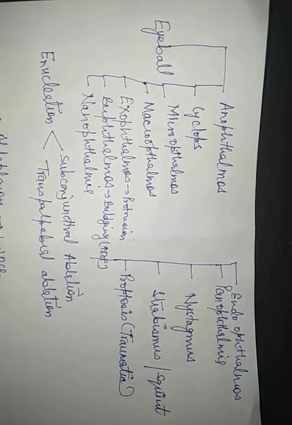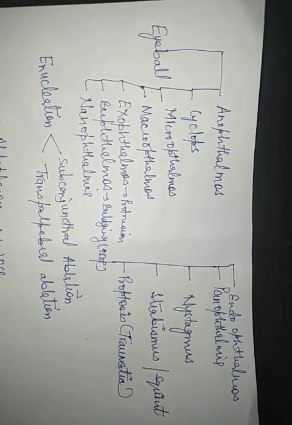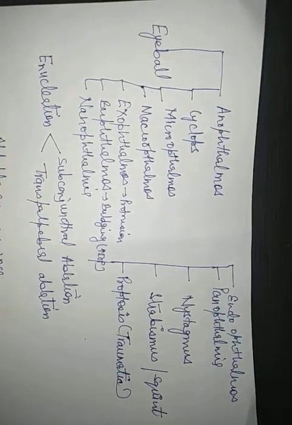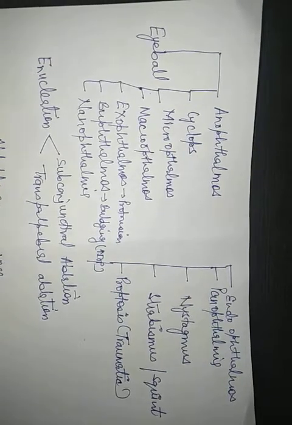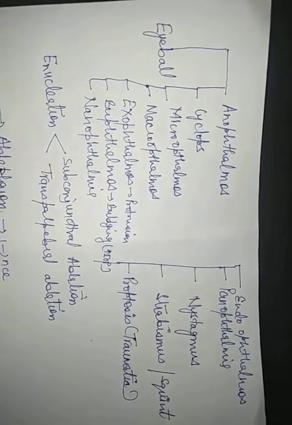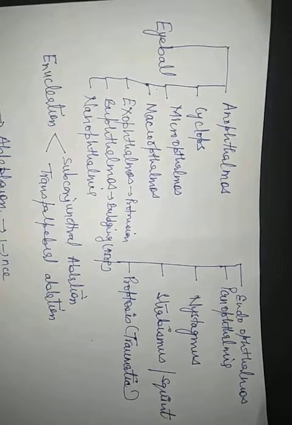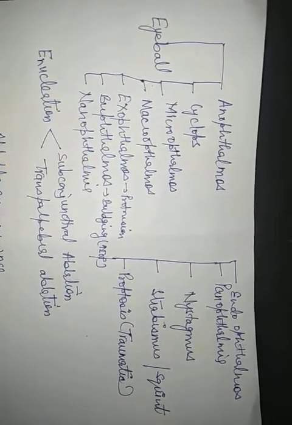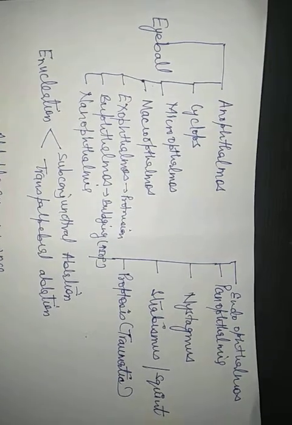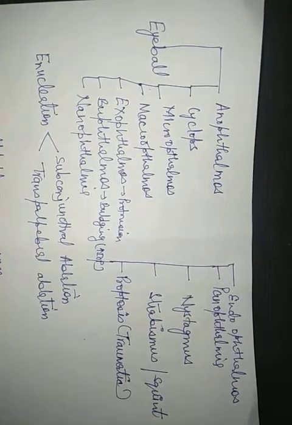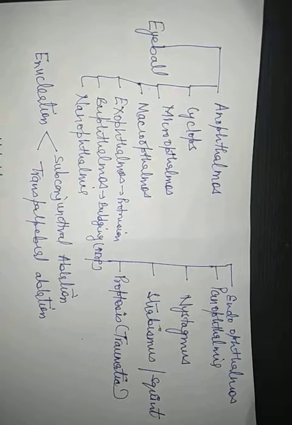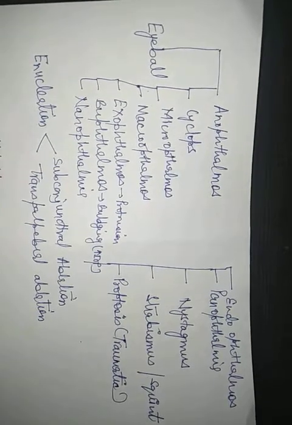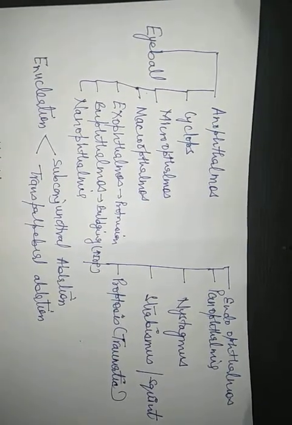Then exophthalmos means the abnormal protrusion of the eye, which is due to some retrobulbar space occupying lesion, either an abscess or a tumor. Then comes buphthalmos. It means the bulging of the normally placed eye within the orbit, which might be due to the increased intraocular pressure that occurs in the case of glaucoma.